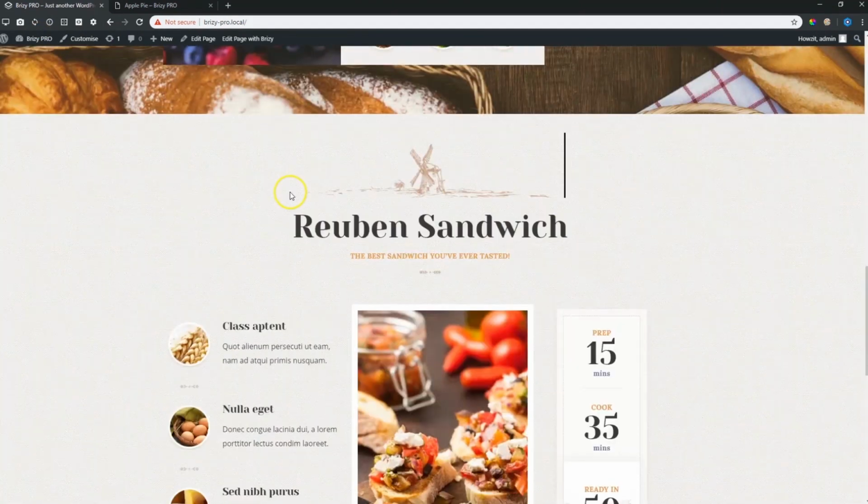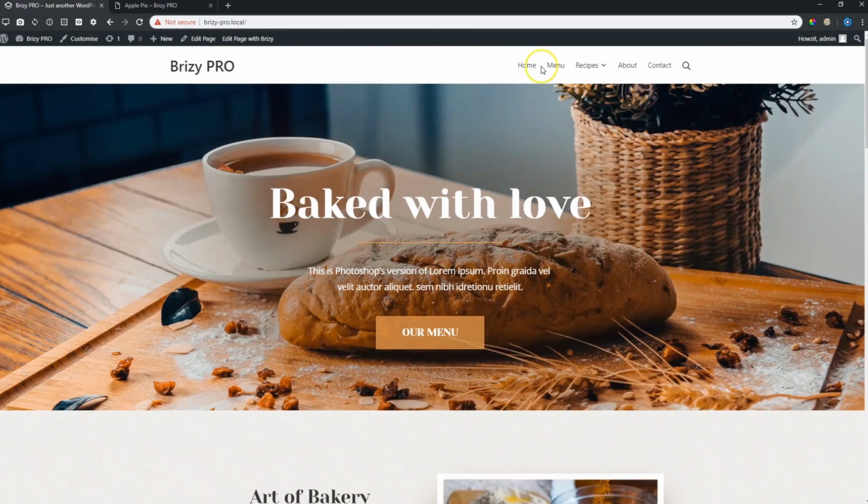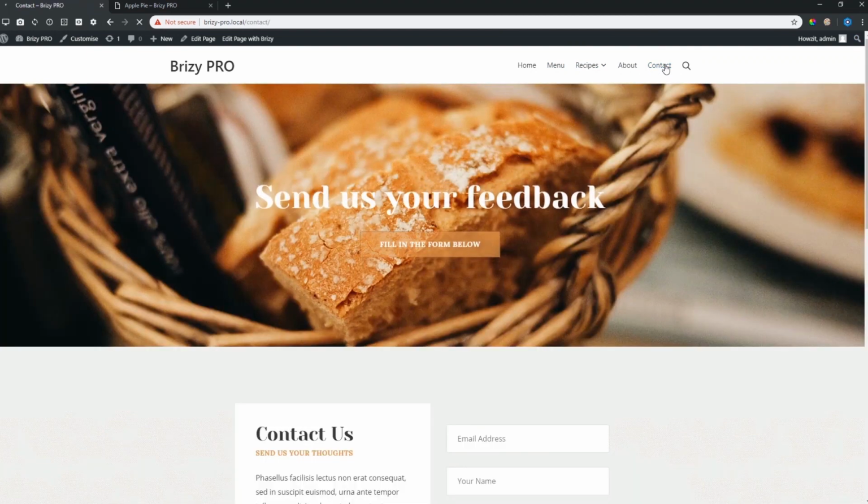Here I have my bakery and I have created a menu over here. If you don't know how to do this, make sure that you watch the videos in this series here at the Beginner's Corner on how to create the menu and how to assign it. What I've done here is that I have these 5 pages and then I also have a sub page here, Apple Pie. And if you click on them, you can navigate around the site and you can find what we have done here for the site.